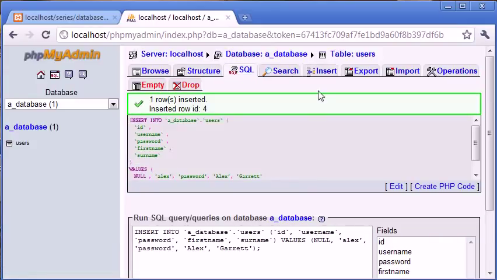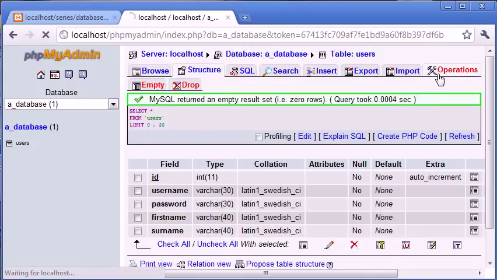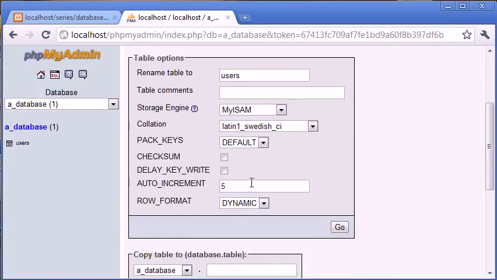Okay, so we've inserted some data, and now you can see that it started at ID 4. Let's say we wanted to go back and we want to start at ID 1 again. Now let's just delete that. You can use this tab called operations, and if you come down you can see auto increment. We can change this back to 0. If we click on go,